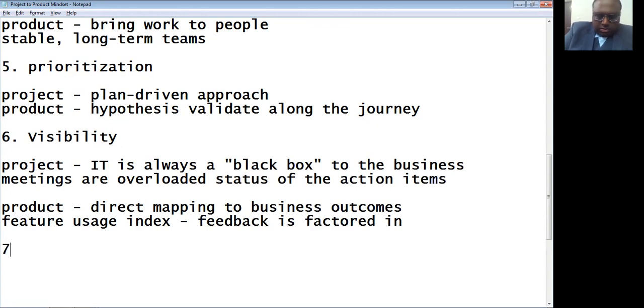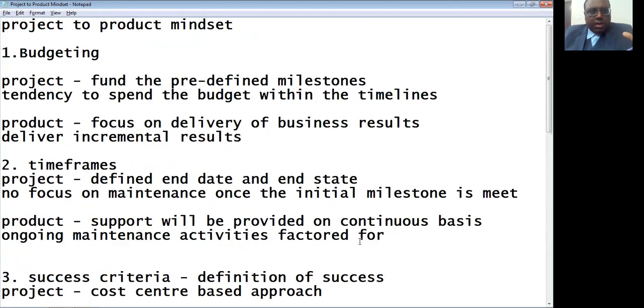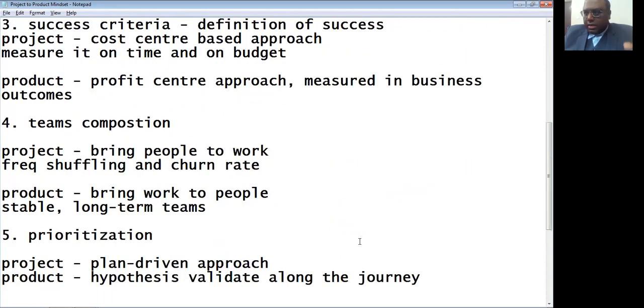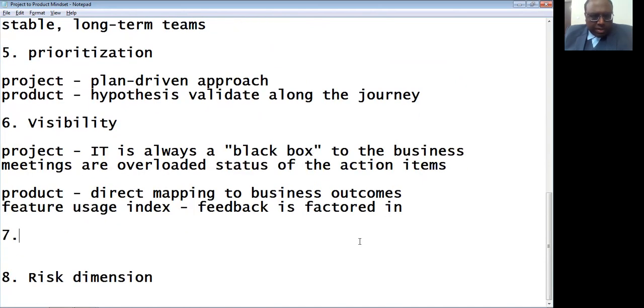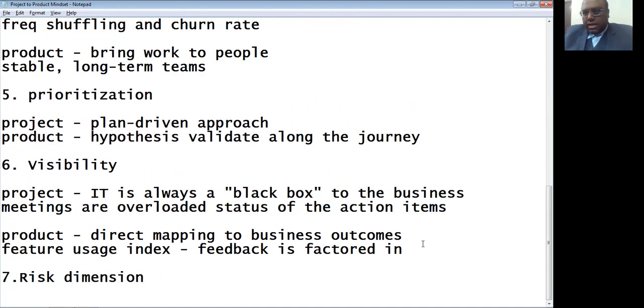Okay, now let us go to the last one. In the video, I can tell only at a high level. We have covered budgeting, the time frames, the success criteria, the team composition, the prioritization, followed by the visibility, and the last but not the least is the risk dimension.